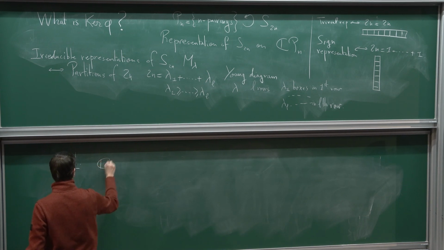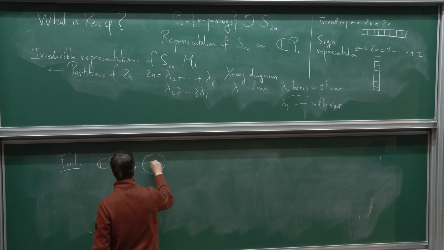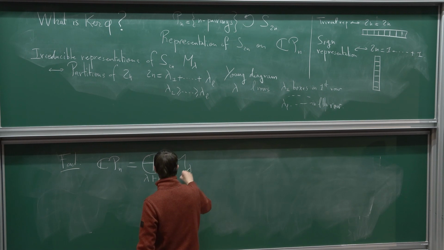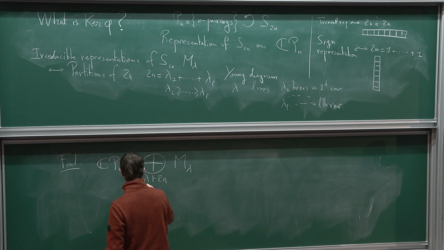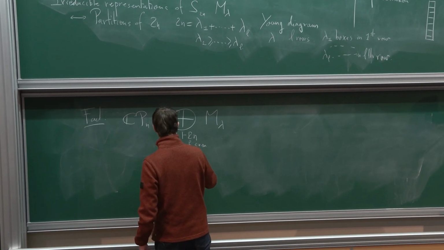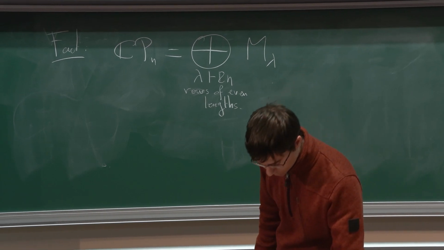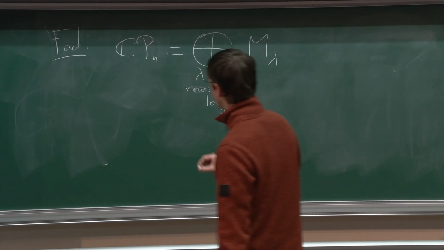And the fact is that the answer is very simple: this space of pairings, as a representation of a symmetric group, is a direct sum over lambda a partition of 2n. And the ones which appear are the ones which have even rows, so rows of even lengths. So for example,